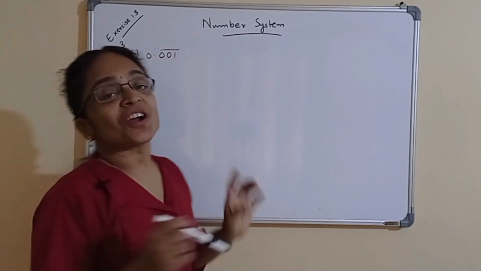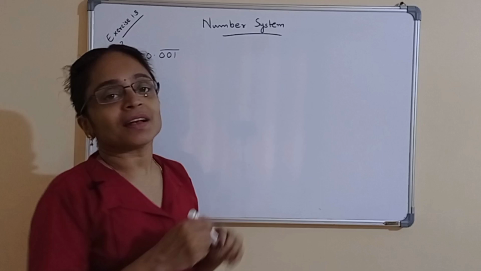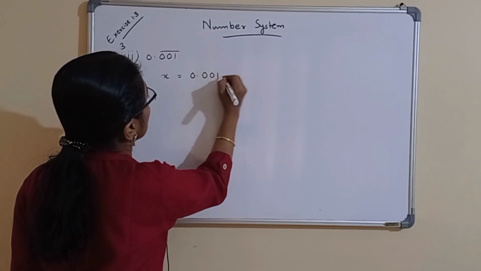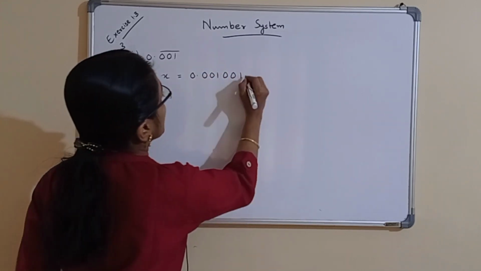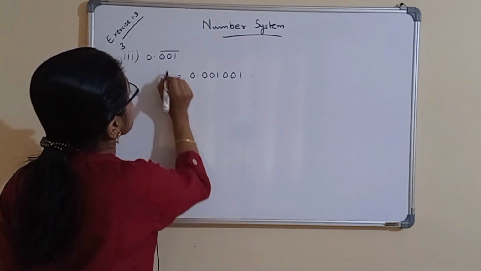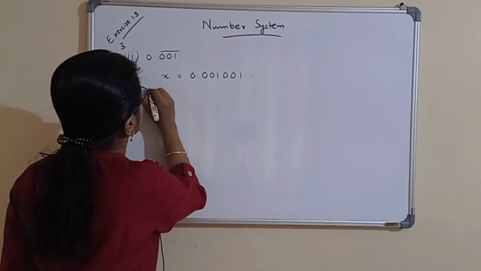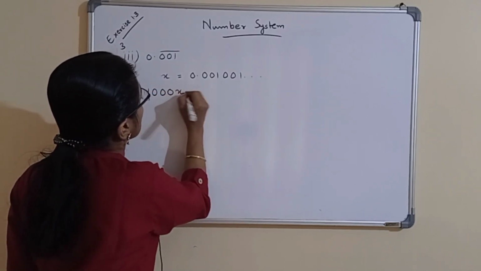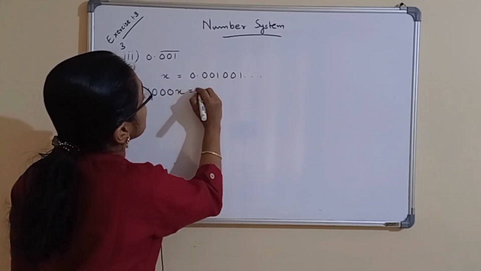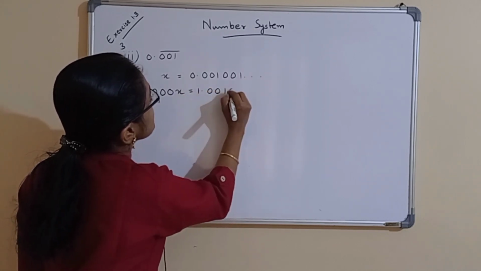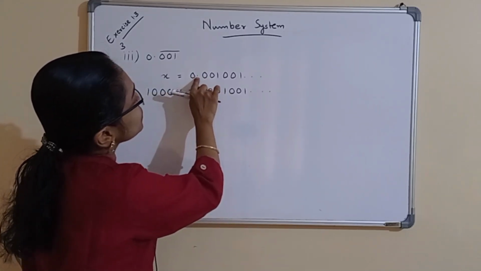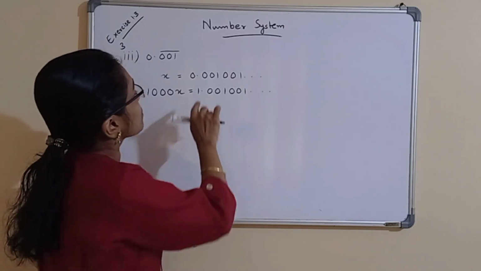Next one is 0.001, where 001 is repeating. So we can write this as x is equal to 0.001001 etc. And since 3 digits are repeating, we can multiply this by 1000. So 1000x is equal to, if we multiply this by 1000, what will we get? If you are multiplying by 1000, we have to move the decimal 3 digits to the right. So we will get